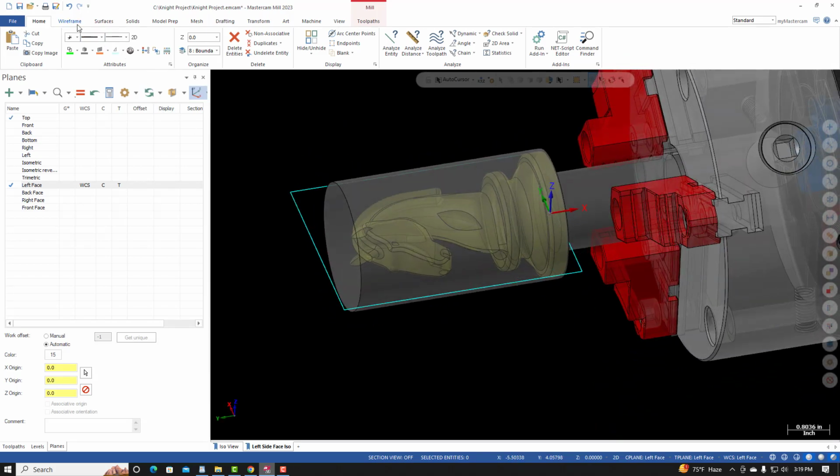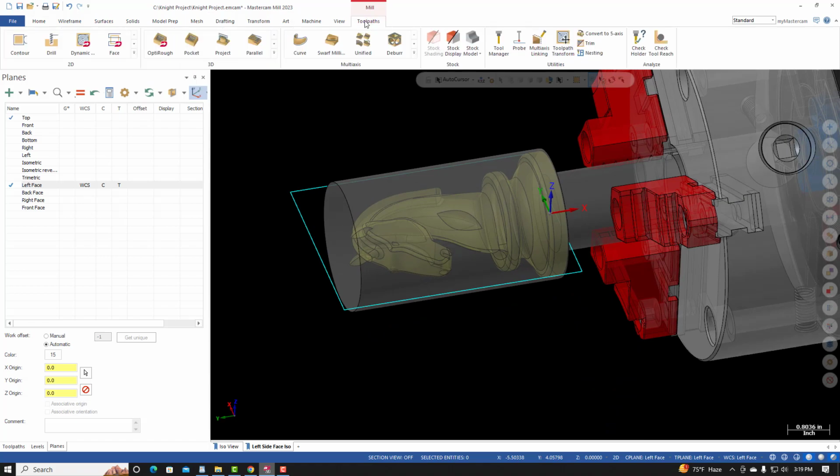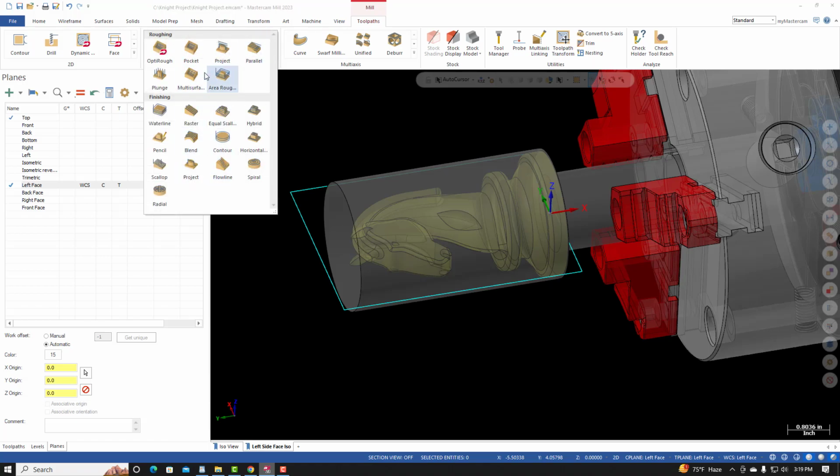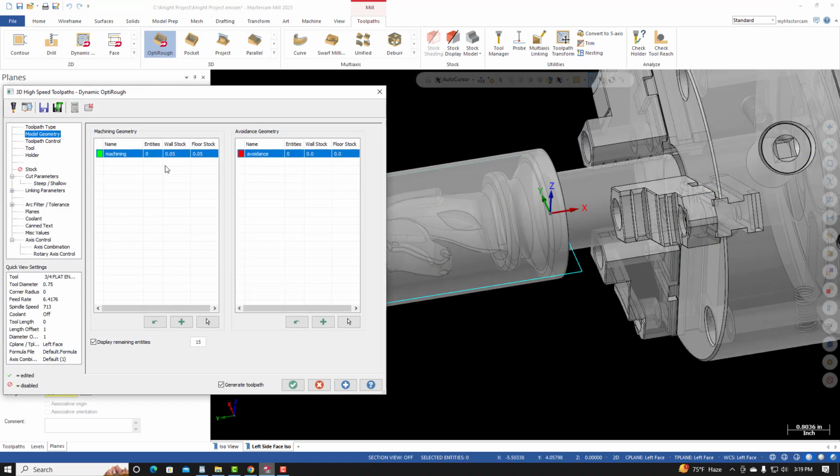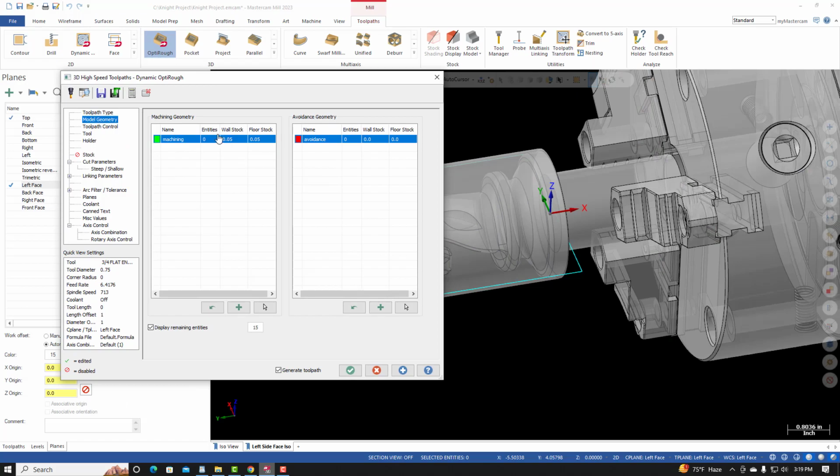I'm going to go to toolpaths. In the 3D section, I'll select OptiRough. If you don't see it, expand the gallery, and then you'll find it somewhere down here. So OptiRough, and it wants us to select the geometry that's going to drive this toolpath. So what I'm going to do is hit the select icon,